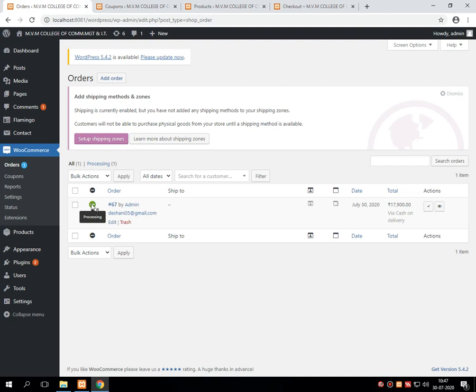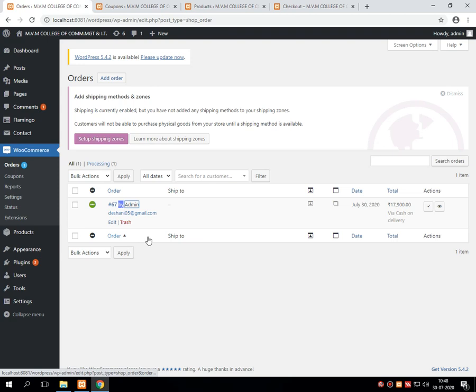The admin side has to take this particular order as a confirmed order, and then the further process goes ahead. So over here it shows processing. Your concentration should be on this green signal. Plus it shows an order ID by the username. In my system, the buyer is myself and the seller is myself, so it shows admin.